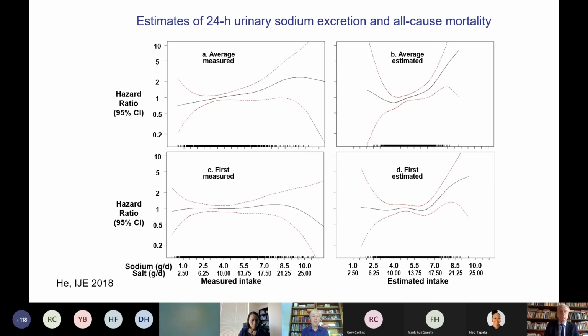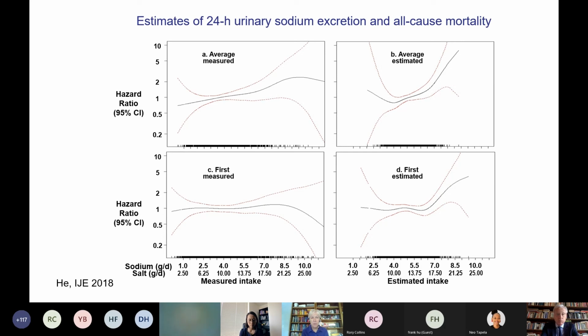And then we looked at these different measures of sodium excretion and all-cause mortality. So in the upper right, A is what we found and what we had published, based on the average measured. If we use the average estimated on the top right, this was using a Kawasaki formula using the average. So you actually do start to see an uptake at the bottom, but it's much less stable and less of